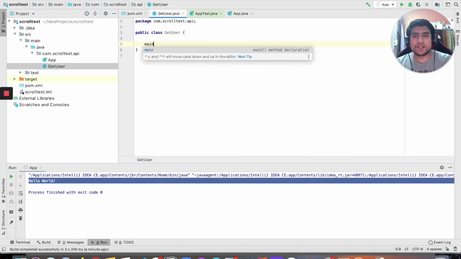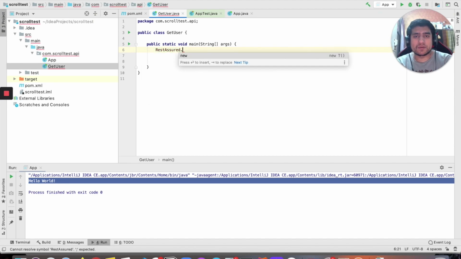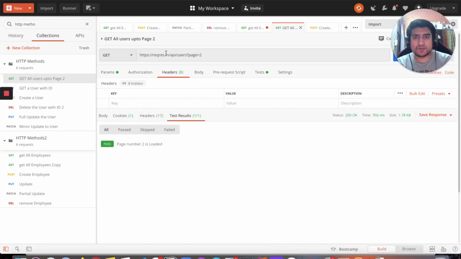And I'm going to create a main method, right? So first thing first, we need to tell what is the base URL of Rest Assured, right? So we can do RestAssured.baseURI, and the base is this one, right?